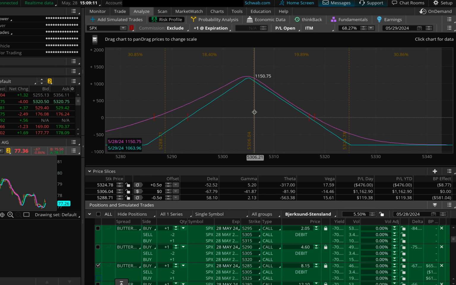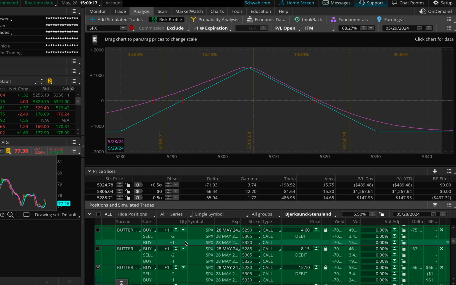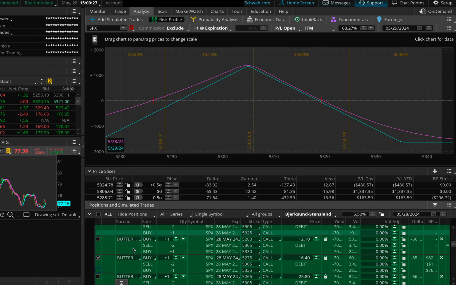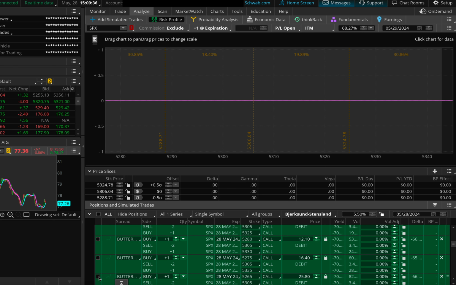The 20 pointer would have wound up with a profit of 1,163. The 25 pointer would have wound up with a profit of 1,186. Here's the 30 pointer, which would have wound up with a profit of 1,256. And the 40 pointer,